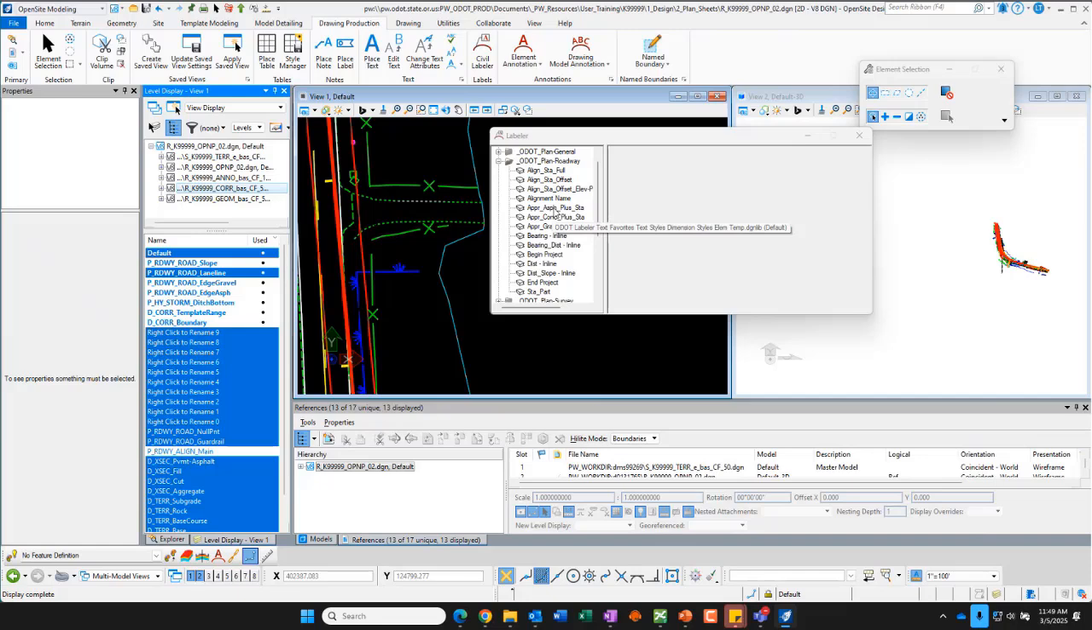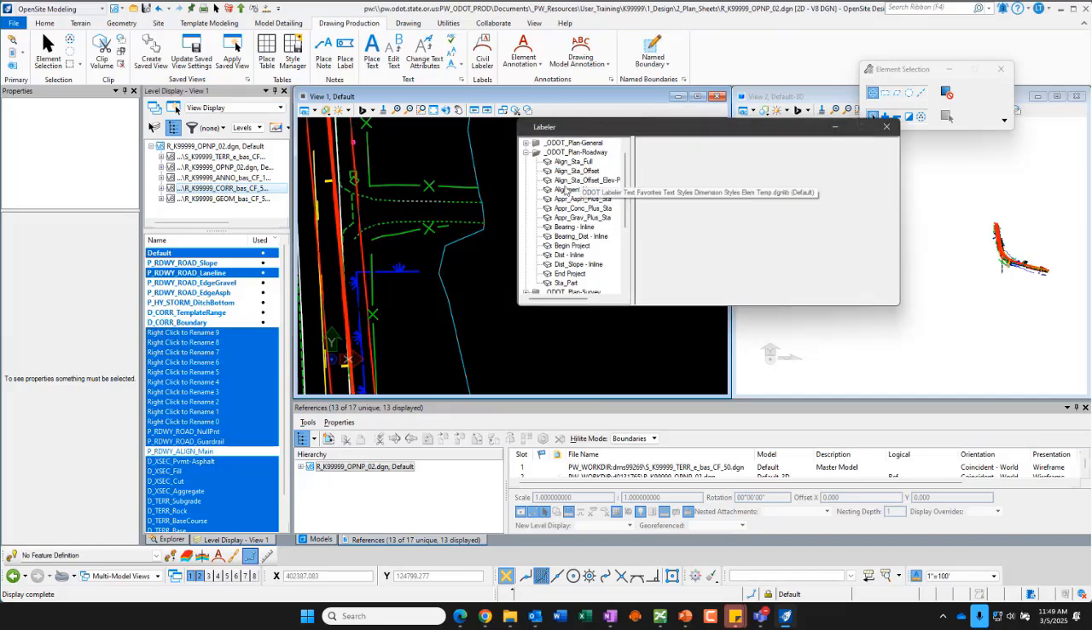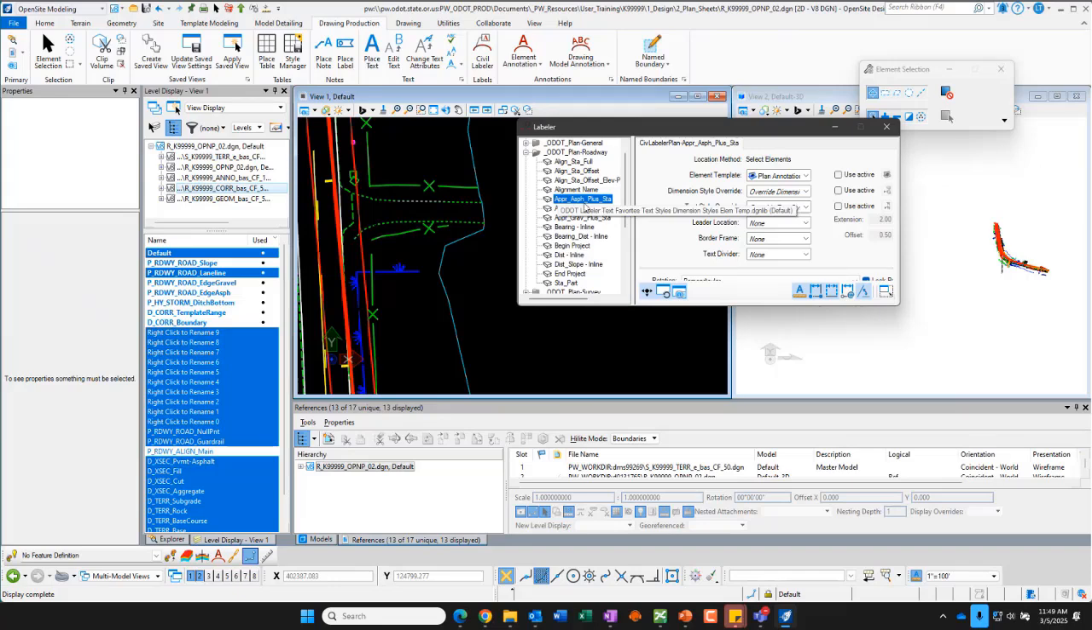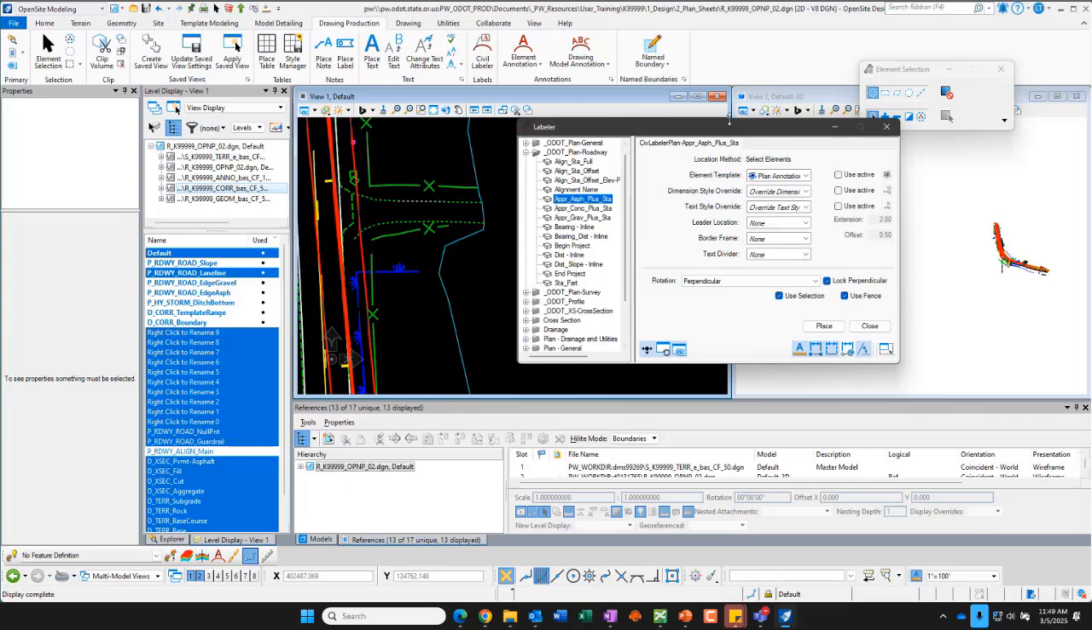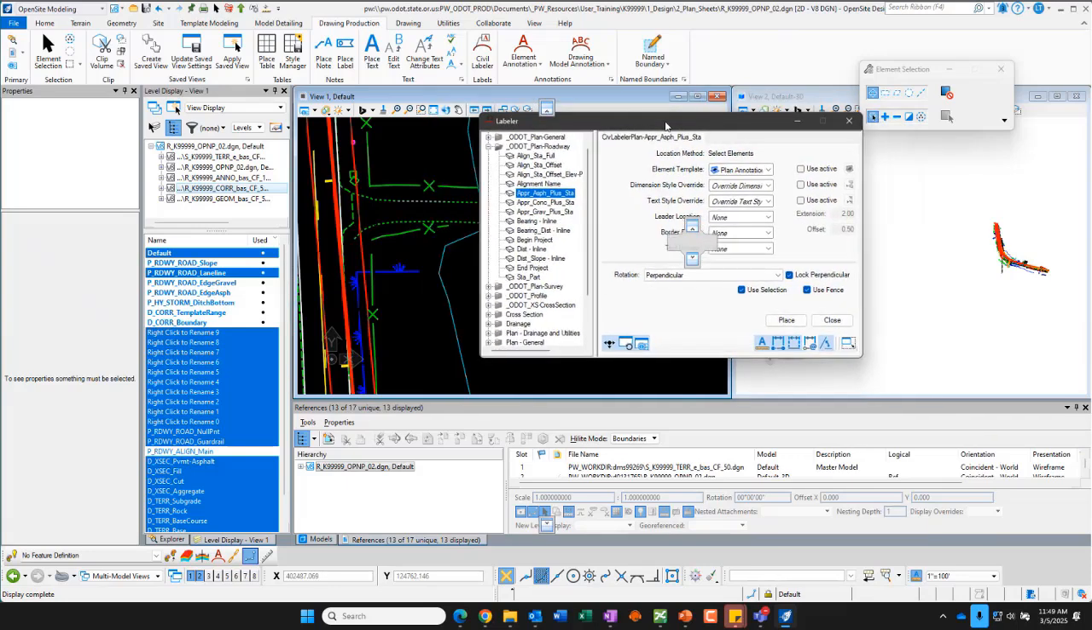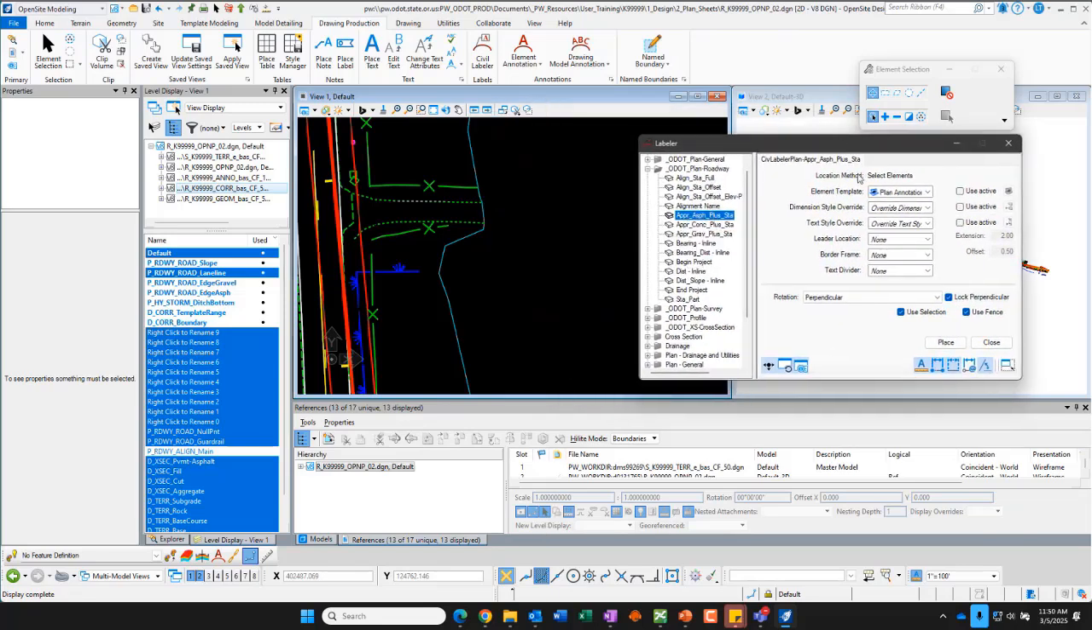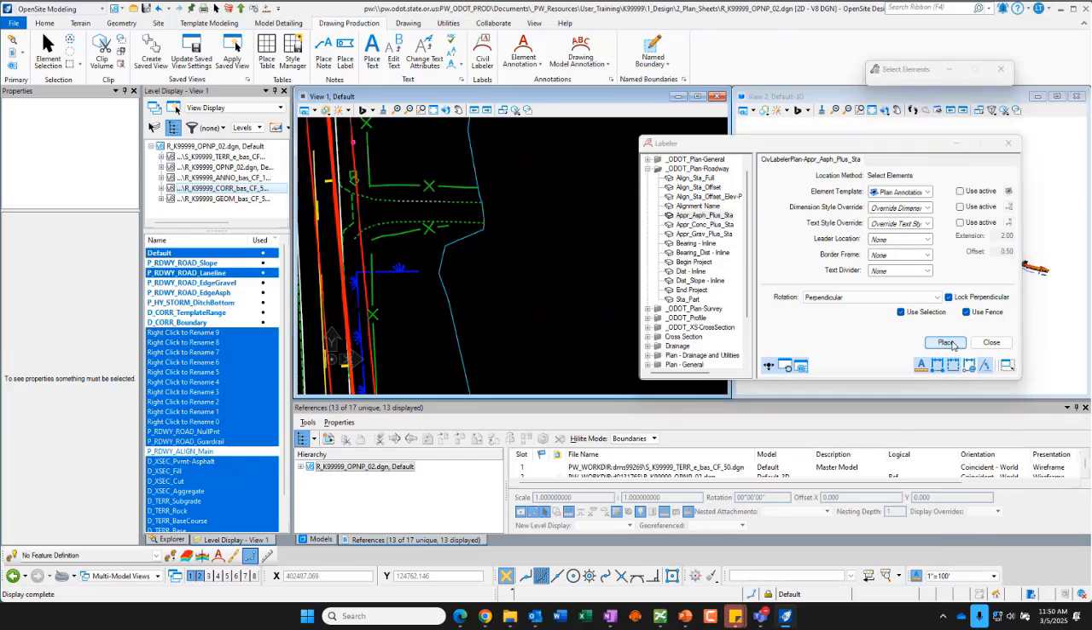So let's do asphalt. The way we run this is we select apron asphalt plus station. And if you want this big dialog box to get out of your way, you would choose this enable collapse mode. Personally, I'm just going to move it to the right. I'm not going to enable the collapse mode. I'm going to run this with the default settings just by choosing the place command. And I'm going to watch for prompts in the lower left corner of MicroStation. So I chose place,